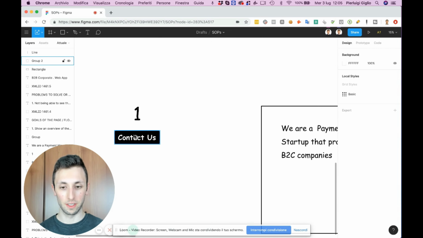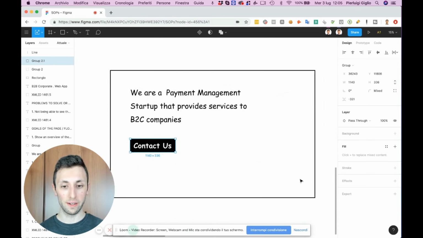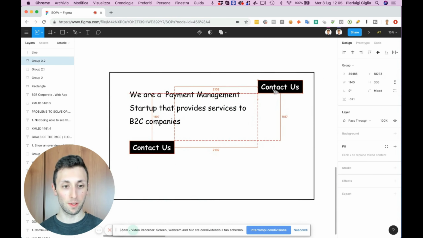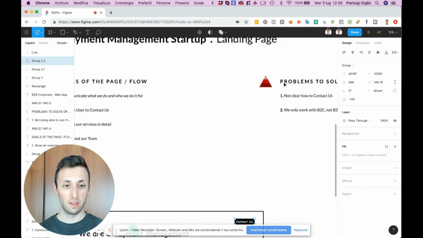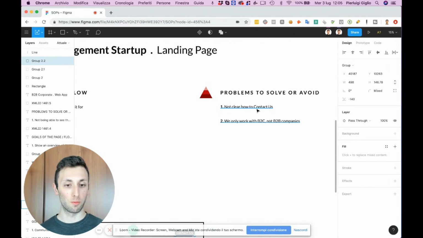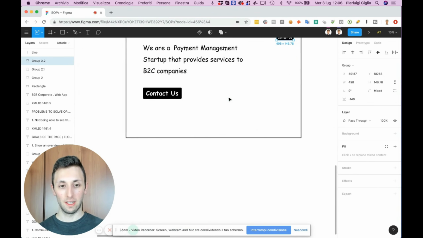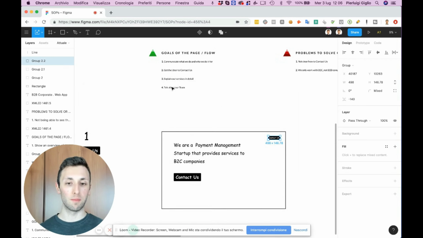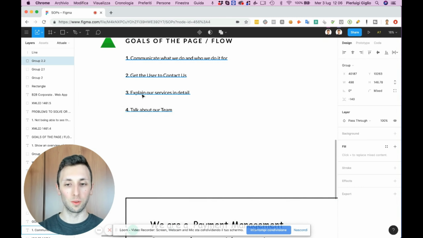So maybe you could add a contact us right away here, very big button. Then maybe you can have a header at the very top, and we're going to have a contact us also there. So we just avoided also problem 1, which is not having a clear way on how to contact them. So you see where I'm going. I mean, obviously we can start going into the details, but hey, again, if we want to go further,